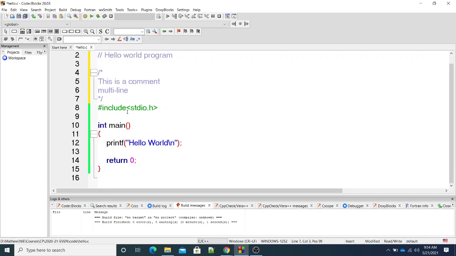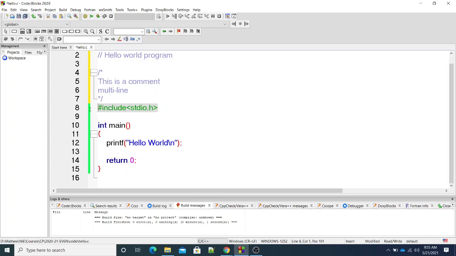Now, any C program you write, you are going to have statements like this in the beginning. So hash include stdio.h. This is a symbol called hash. Then include, angular brackets opening and closing, and in that stdio.h. This is a file. It has an extension .h and it's a text file, and the name of the file is stdio. Stdio stands for standard input output. Okay, and include is English, include means include something.